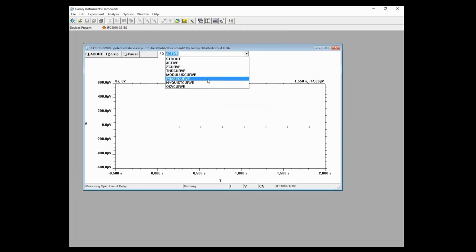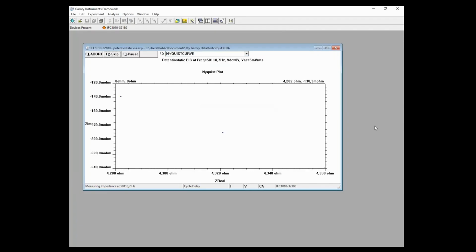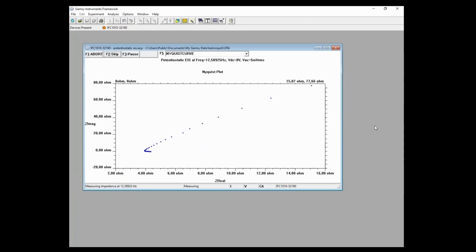And I want to look at the Nyquist plot. Because we have an RC circuit, we should get a perfect semicircle. And the scales of the axes change during the experiment. So at the beginning it might look a little messy. But what we should get at the end is a semicircle where the top is around 500 ohms. And where it then touches the horizontal axis, it should be around 1000 ohms. Because that's how an RC circuit works.